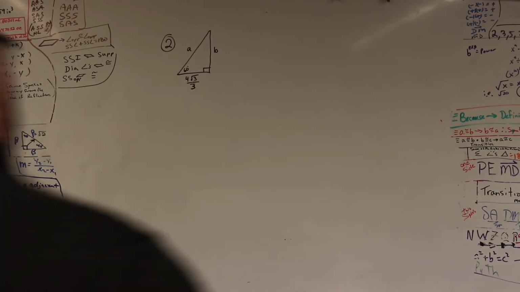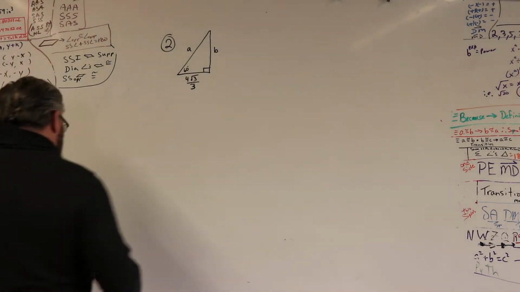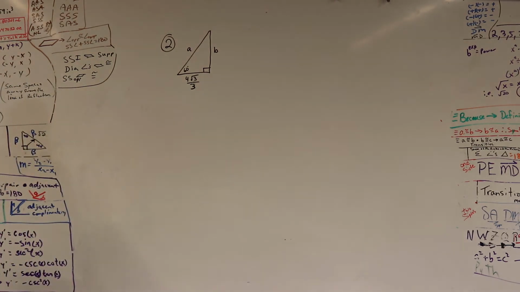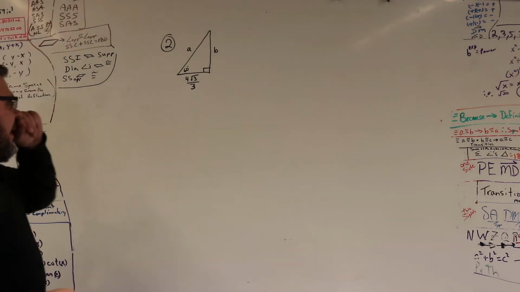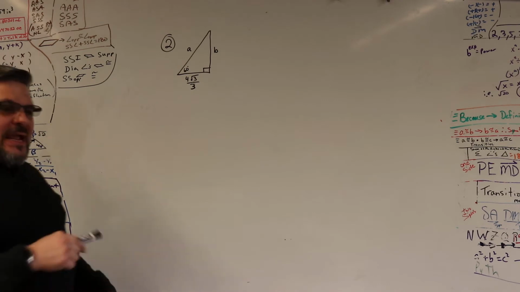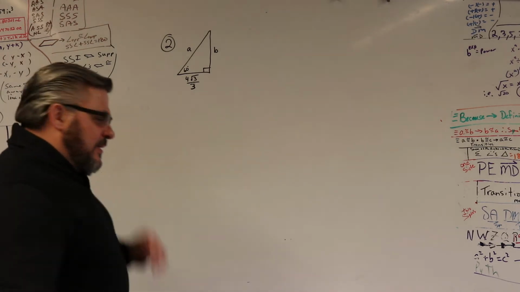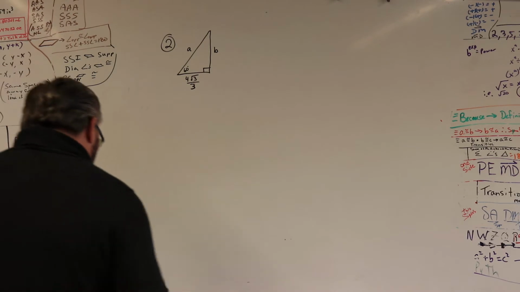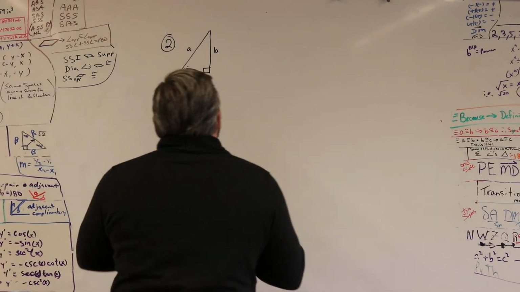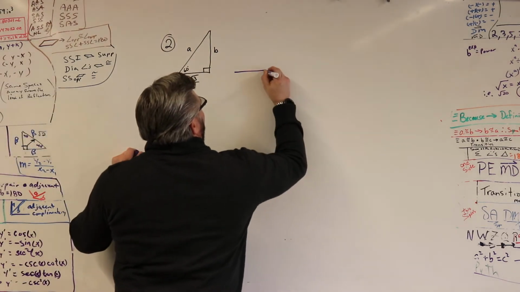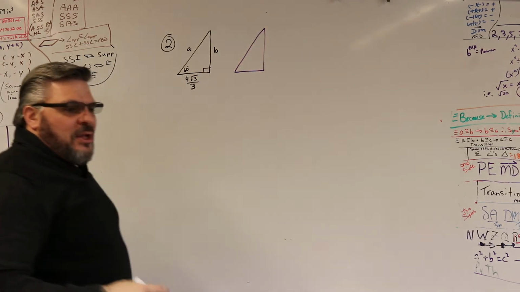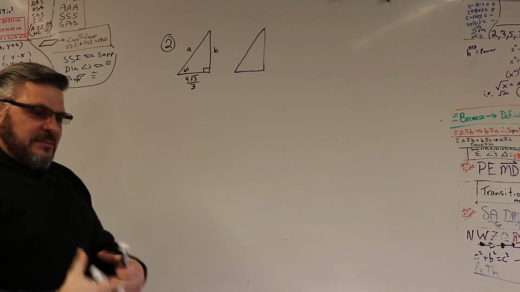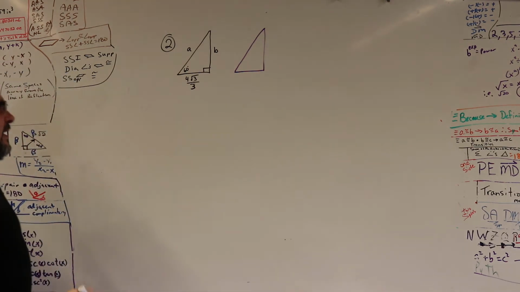All right, so what we want to do is, when looking at number 2, you'll notice if you watch the last YouTube on this, I had plugged in A instead of alpha. So I want to redo this, and hopefully I can do it as well as the last time, because last time was really good except for that one mistake. All right, so the idea is to draw your similar triangle for 30, 60, 90,